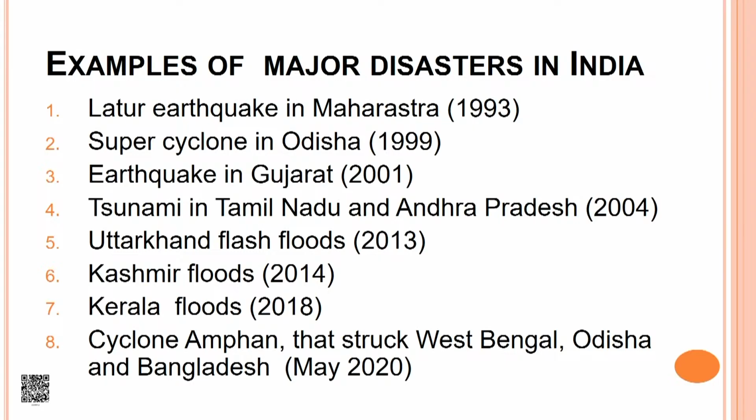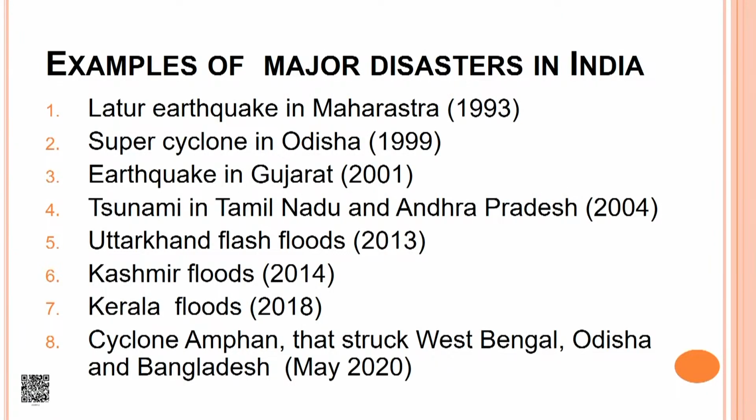India is a disaster prone area. So, we have faced so many disasters during the century, we can say, or last 20-30 years. So, there are some major disaster examples of major disaster in India. Latur earthquake in Maharashtra 1993, super cyclone in Odisha 1999, earthquake in Gujarat, Bhuj 2001, tsunami in 2004, Uttarakhand flash